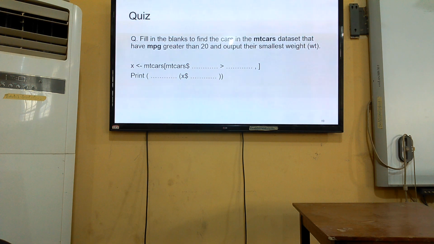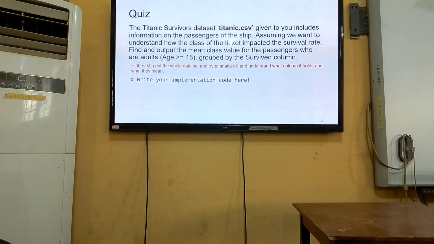Yeah, dynamic coding. So, that have MPG, this MPG go? Greater than what? 20. And then output their what? Smallest weight, isn't it? So, min go? Weight go? And this also,